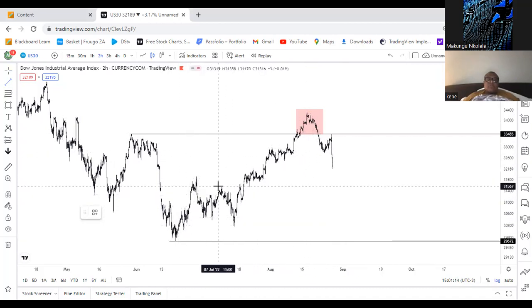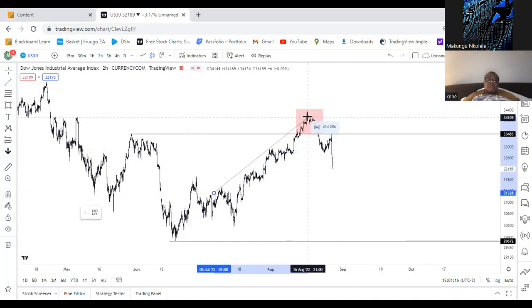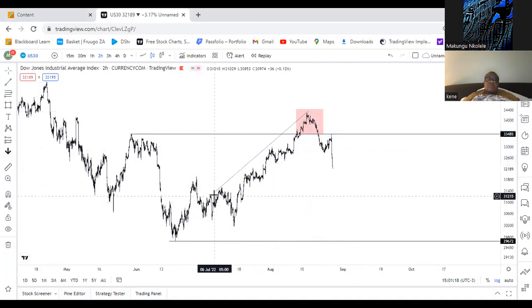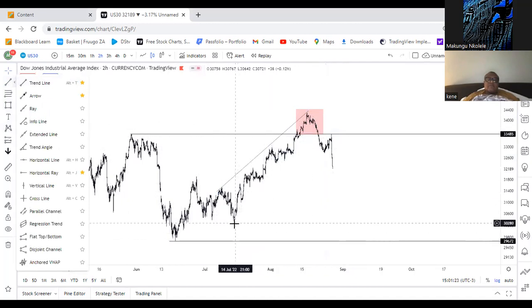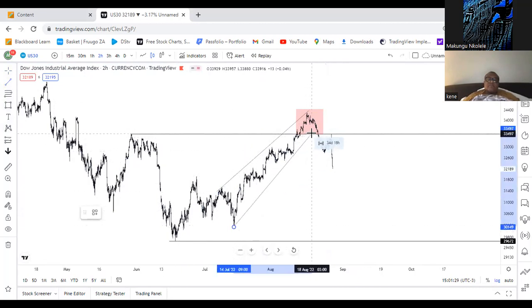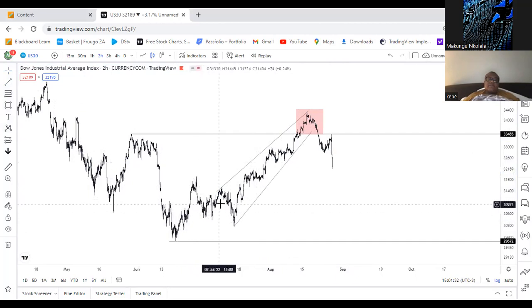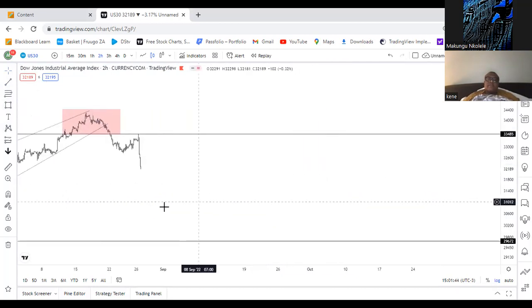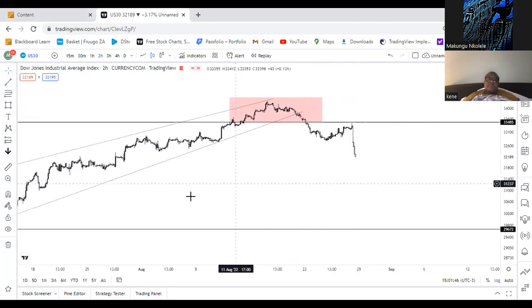So in order for you to catch this movement, you check how the trend is. Previously the trend was an ascending trend, which means the price was just going up. So you're just gonna place your resistance and your support of the trend line of the trend. As you can see, it was an ascending trend, and it ended up squeezing and just broke out to the support. So I'm just gonna scale in,